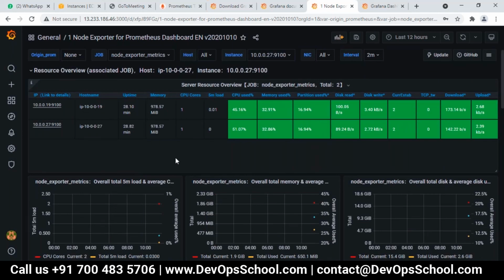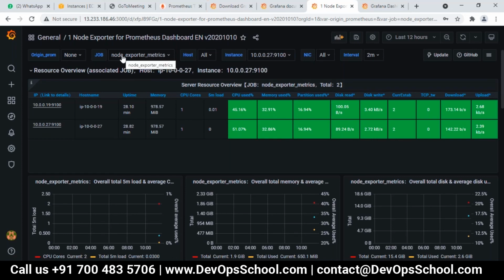So, any doubts till now? Here it is showing GiB, that is GB, right? 2.33 GB. Where? In the node exporter metrics.